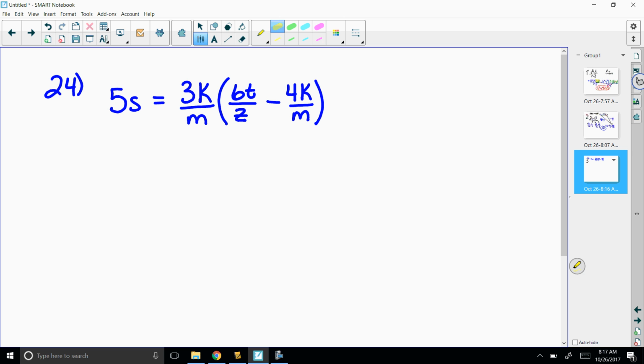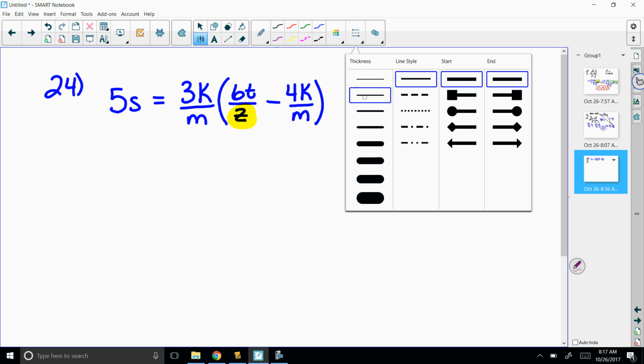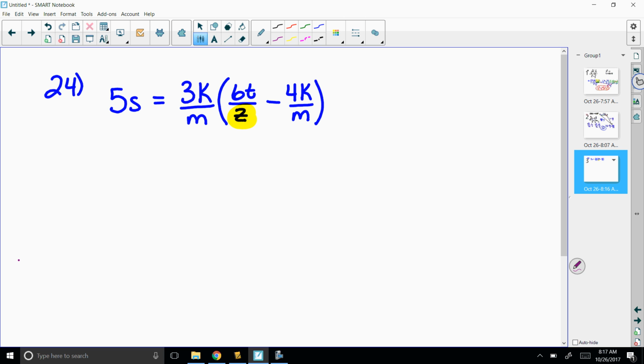They ask you to solve for Z. Okay, what do you want to do? All right, there's multiple things you can do. You could distribute, but you're making the Z term more complicated. Or I could just get rid of this leak value there, because what you're doing is you're taking 3K over M times the quantity. So if I divide by the 3K over M,